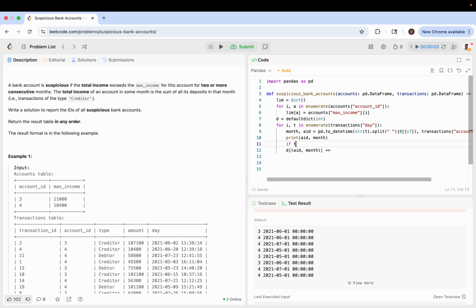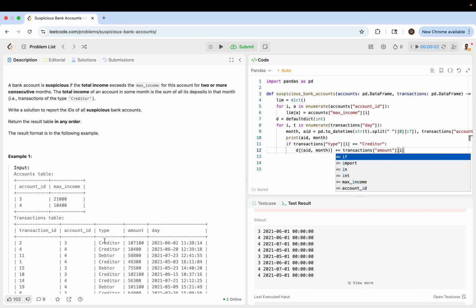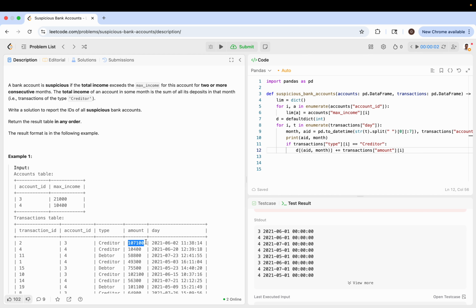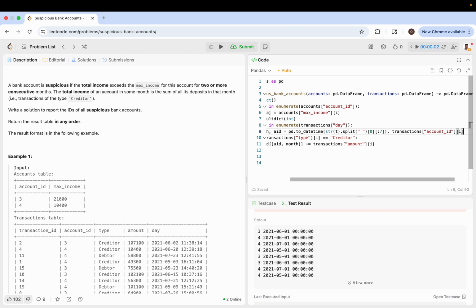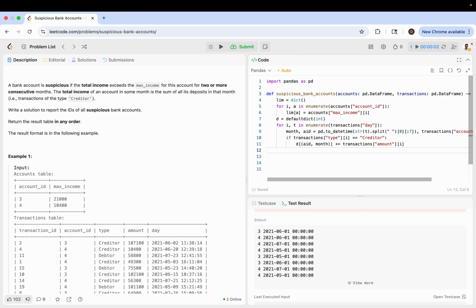So if transactions type of i is equal to creditor, then we can go ahead and add the actual transaction amounts, right? So if we're here, then this particular cell. Okay. Cool. So now let's go ahead and print our dictionary